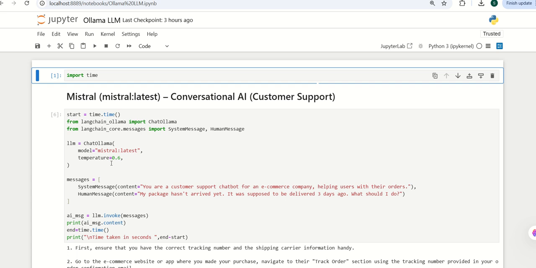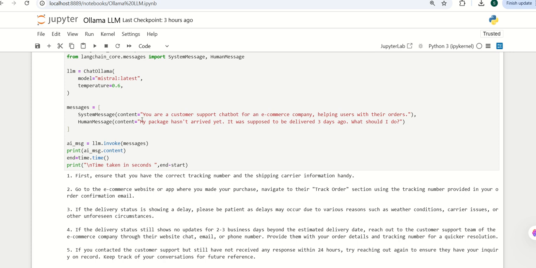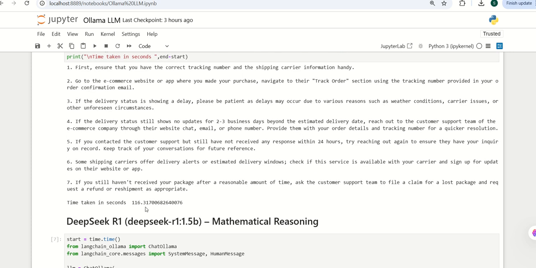What I'm doing is using the Mistral LLM to help me interact with a customer support agent. It is more like a conversational AI. I've imported time and passed it some content to say that you are a customer support chatbot for an e-commerce company helping users with their orders. My question to the bot is: my package hasn't arrived. It was supposed to be delivered 3 days ago, what should I do? It follows different steps, and the time it takes is about